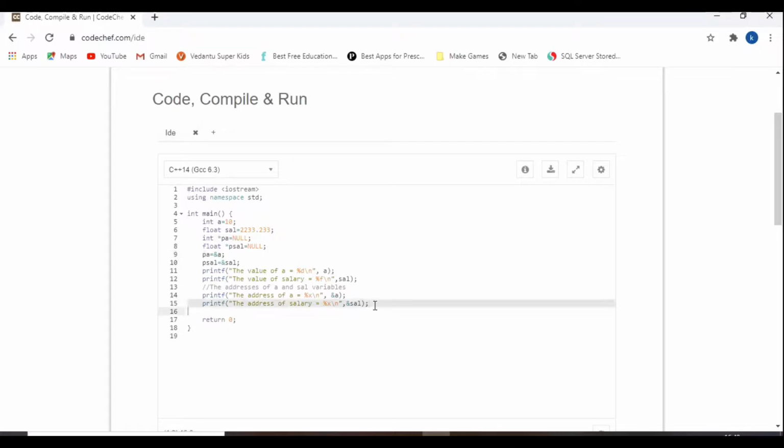Now let's try to display these pointers, pa and p sal. So what do they contain? The same thing, right?